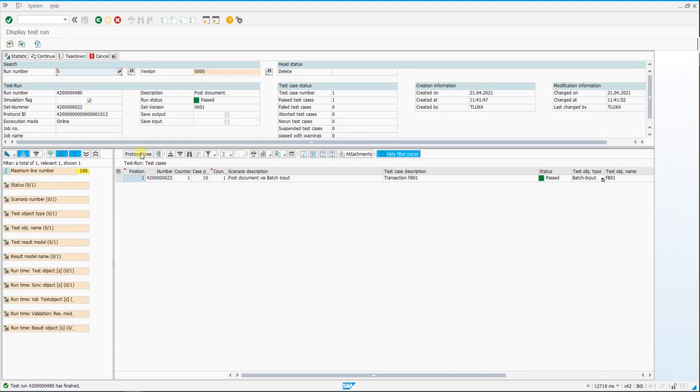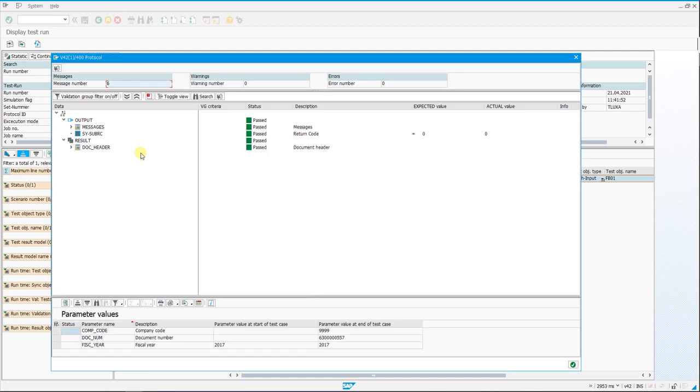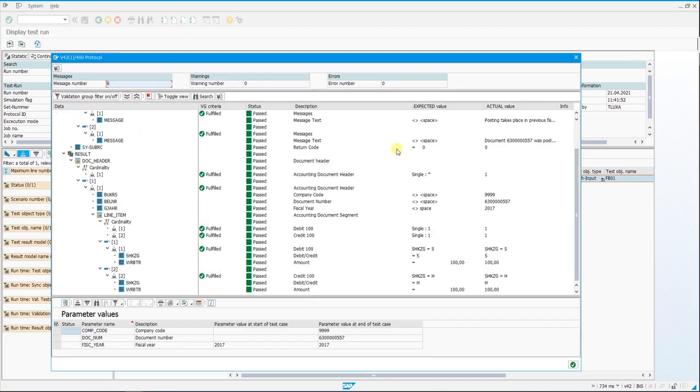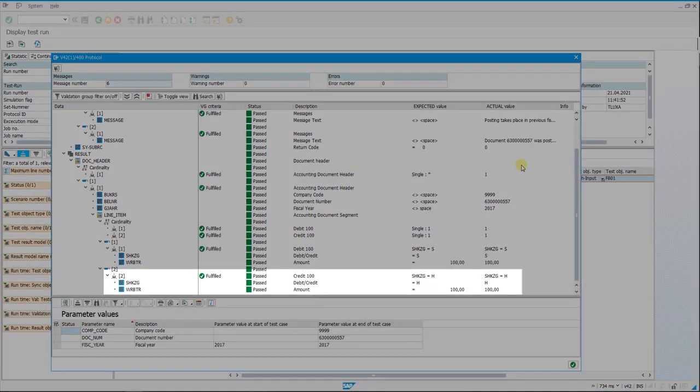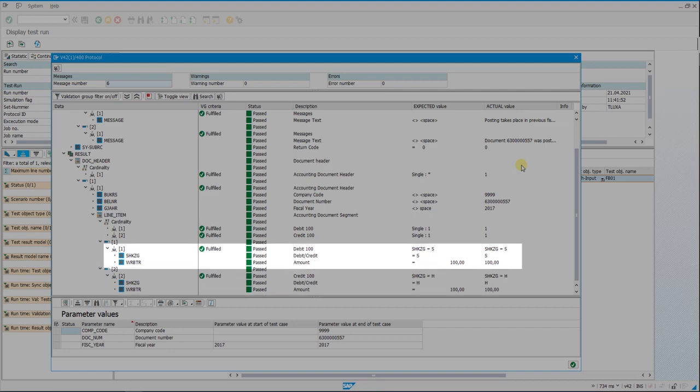The test case was successful. Let's look into the protocol tree for details. We see that the check for the credit side only applied for the credit side, and accordingly, the check for the debit side only applied for the debit side. Note that the indices in the tree also indicate that different validation groups were used for each data entry in